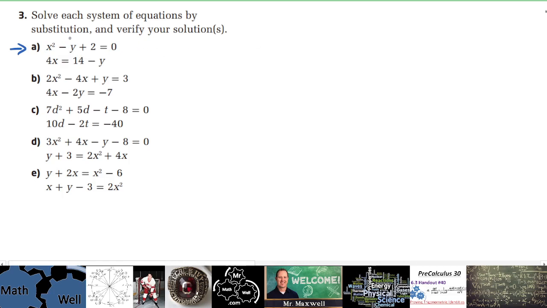Actually, I'm going to add y to both sides. So it's going to be x squared plus 2 equals y. Does everyone see that? So now I've got y isolated in the first equation. So wherever I see y here, I can now substitute what y equals. So it's going to be 4x equals 14 minus this expression right here. Use your brackets so you don't mess it up,